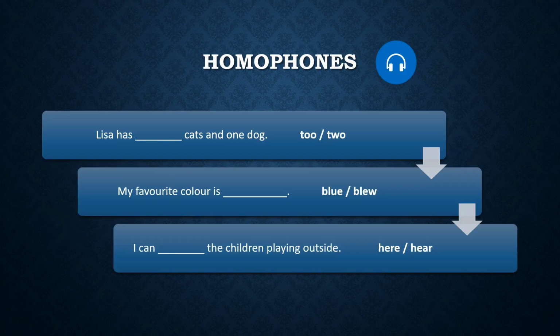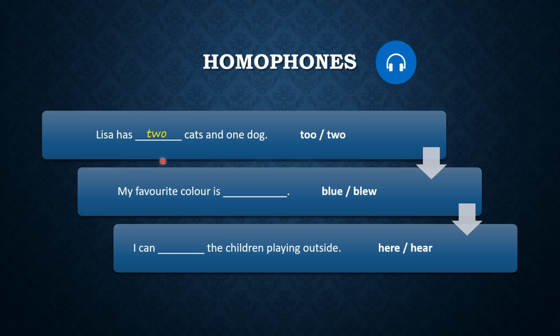So let's first look at homophones. Homophones are words that have the same sound but have a different meaning. So the example here in the first one is two and two. Same sound, but obviously different spellings with different meanings. So we have here, Lisa has blank cats and 1 dog. We have cats with an S. Another clue here is the number 1. So the answer would be 2,